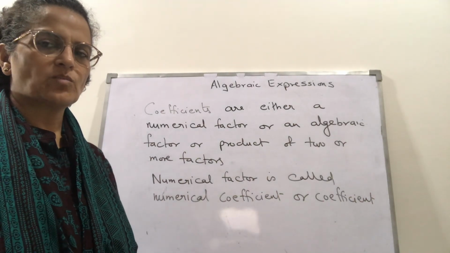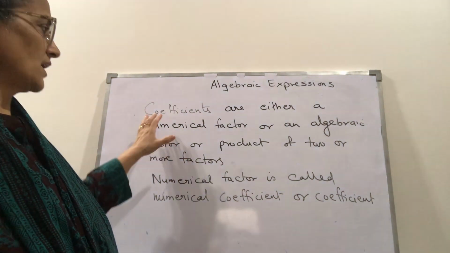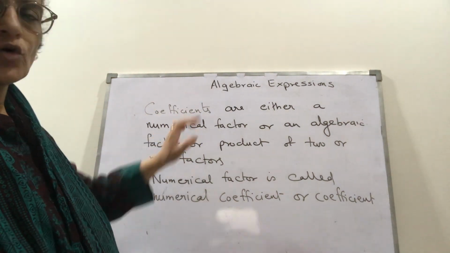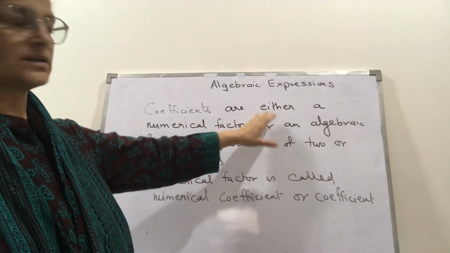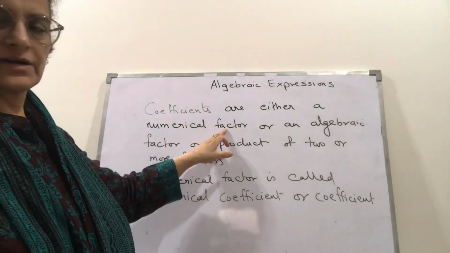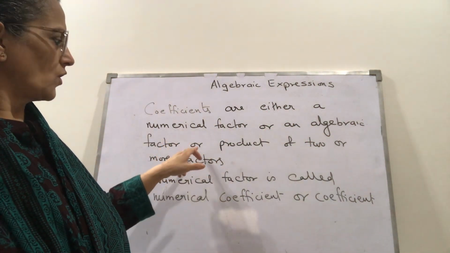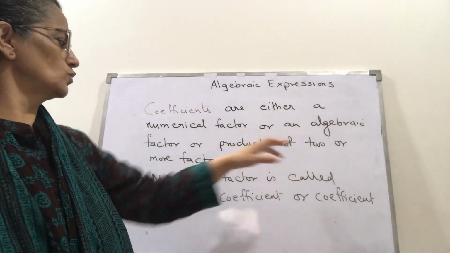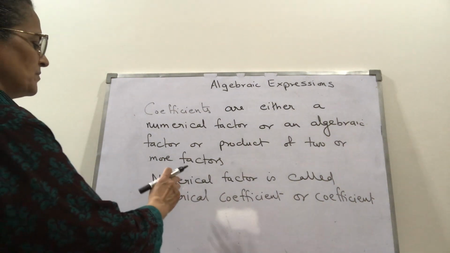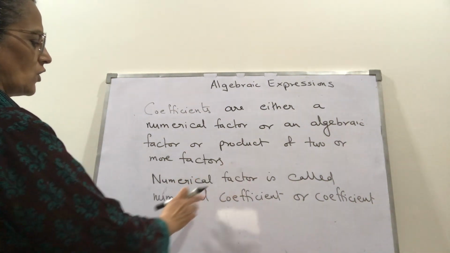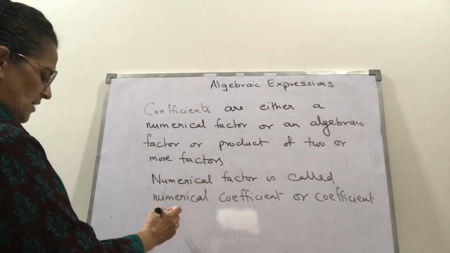We will learn some more terms related to expressions. So first thing we are talking about is coefficients. What are coefficients? Coefficients are either a numerical factor or an algebraic factor or product of two or more factors. So let's take an example. Numerical factor is called numerical coefficient or coefficient. So I am taking an example